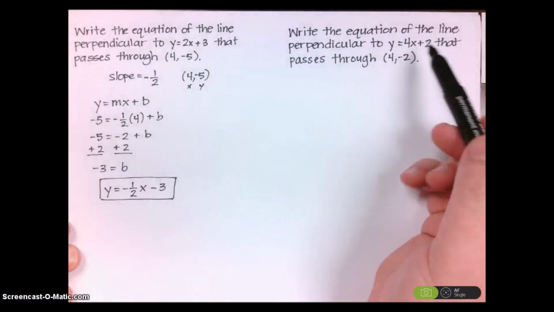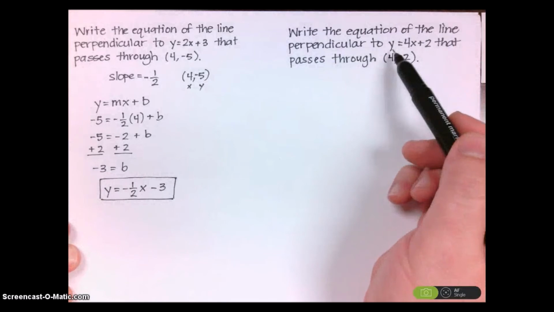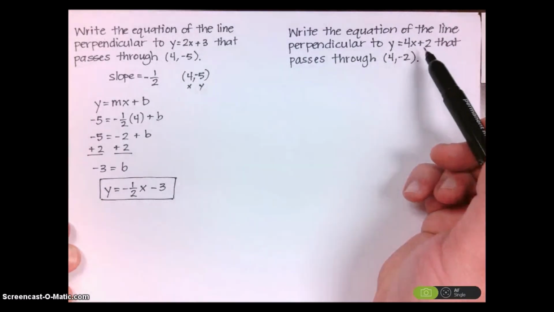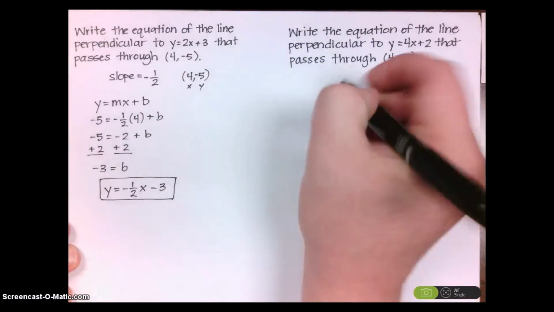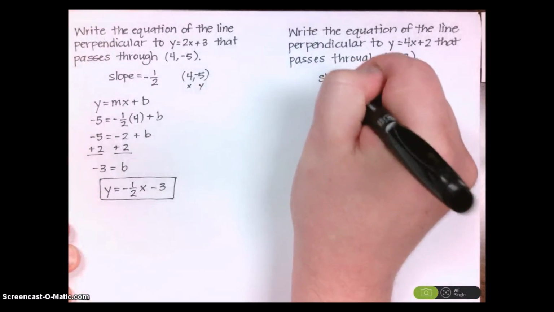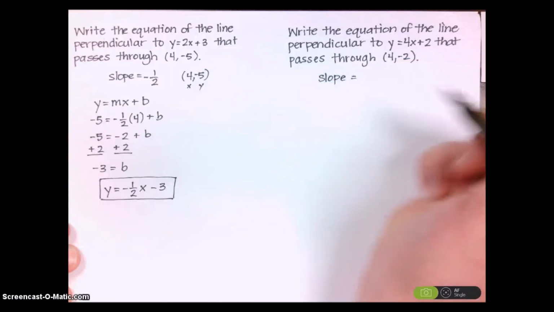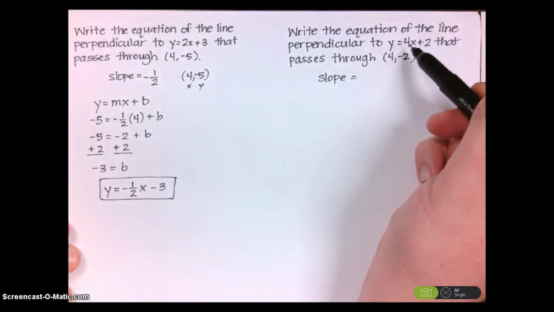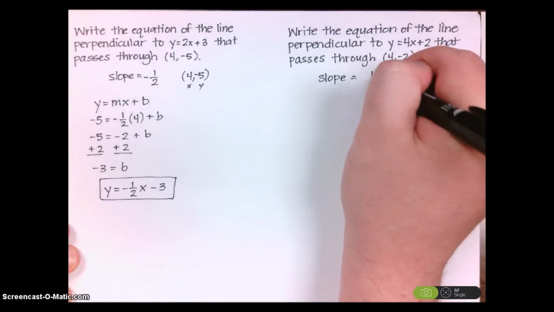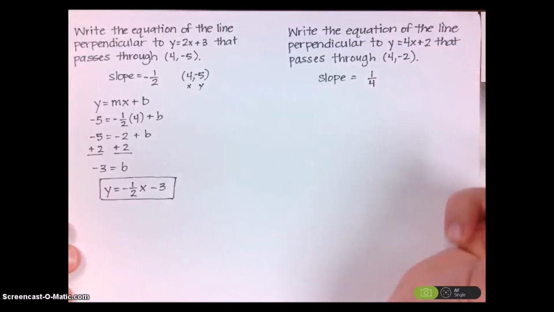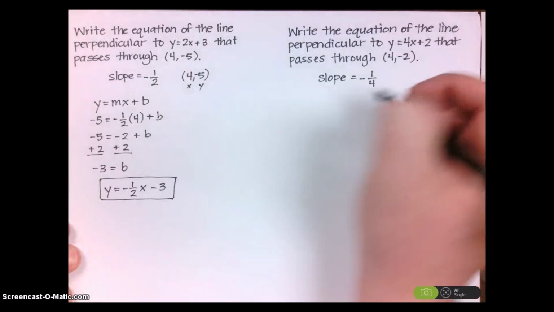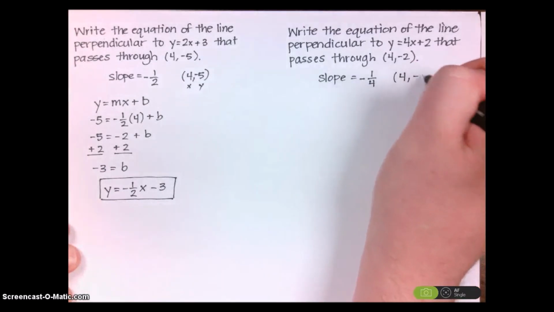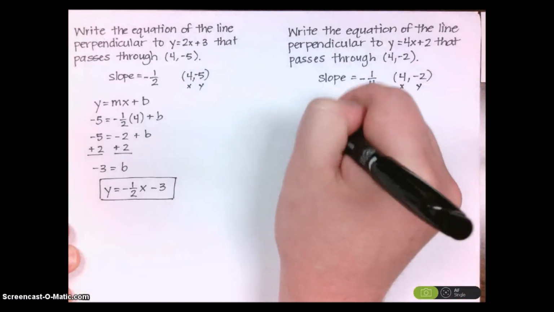We're going to write the equation of the line perpendicular to y equals 4x plus 2 that passes through 4, -2. So let's look at our slope. If we're starting with the slope of 4, the reciprocal of 4 would be 1/4. And to make it the negative reciprocal, I'm going to add a negative sign. And it's passing through the point 4, -2, where 4 is the x, -2 is the y, and using the